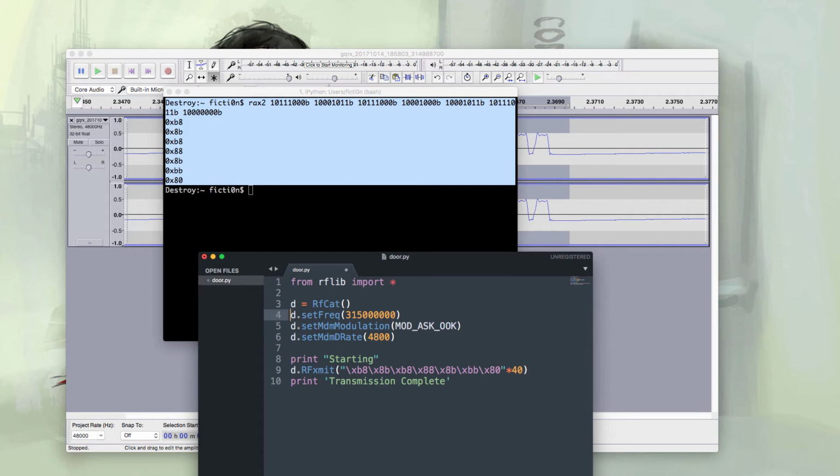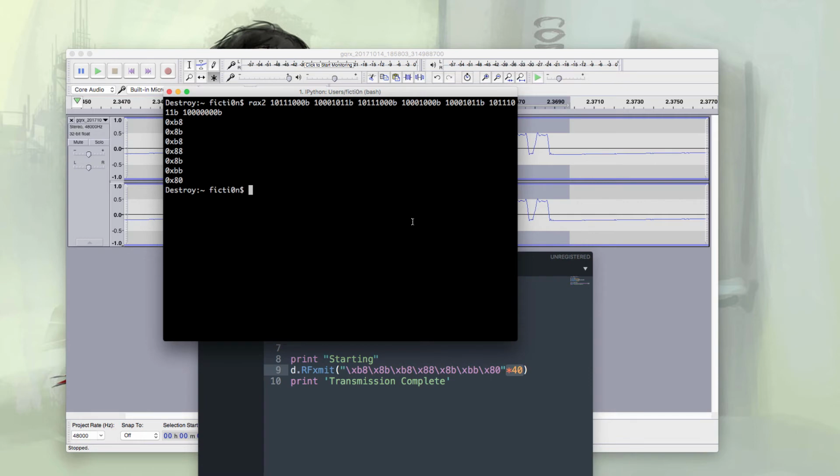Inside your GQRX settings, when you set your device type, it will say 48 at the bottom. That's what we actually captured it at. And then we have to send over our hex. We do this down here, and then we times it by 40 in order to make sure that the receiver sees it in case it misses it on the first try. With this, we should be ready to send it over. If we open up our terminal